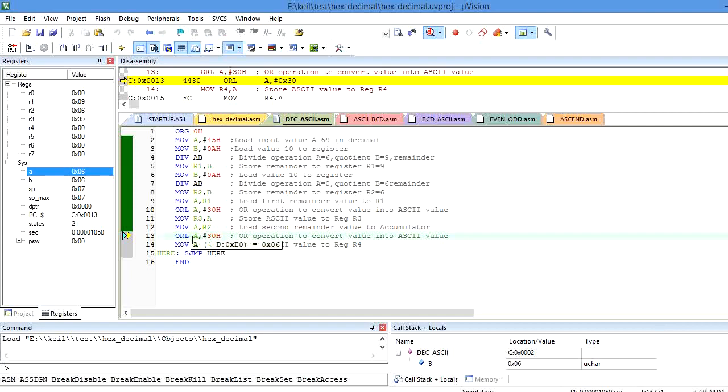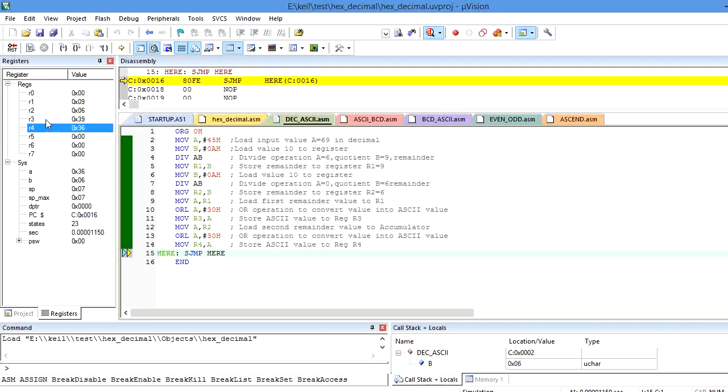If I perform the logical OR operation, it will convert into the ASCII value of 6, which becomes 36. That 36 is the ASCII value for 6, which I am going to store into the R4 register. Before execution of move R4, A, the content of R4 is 0. After execution, R4 becomes 36.